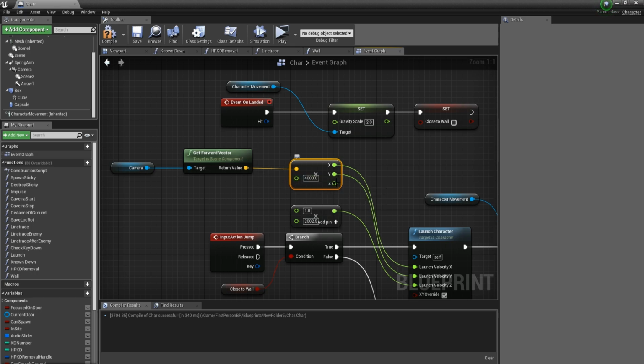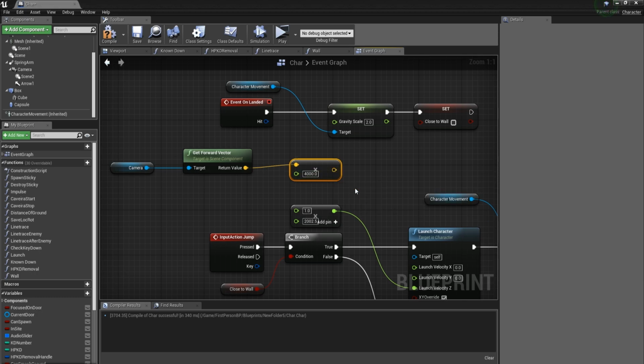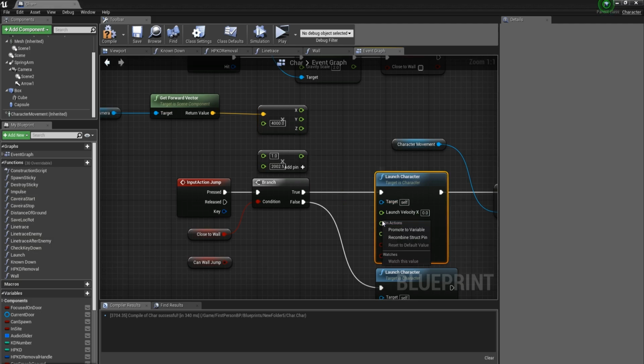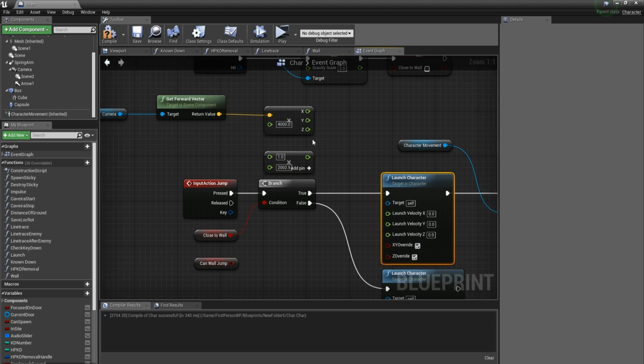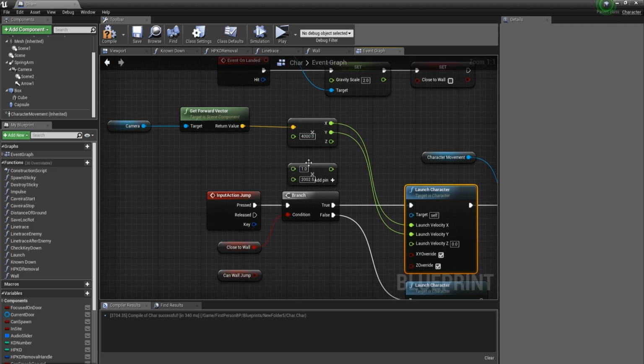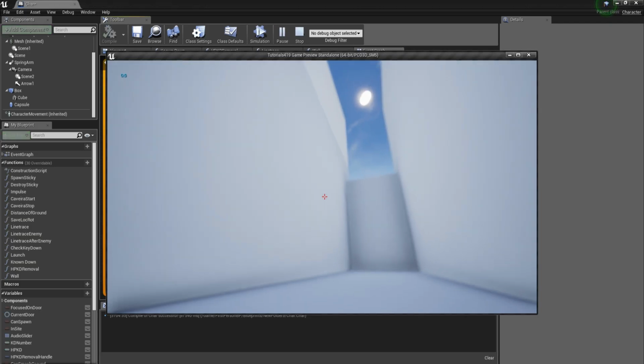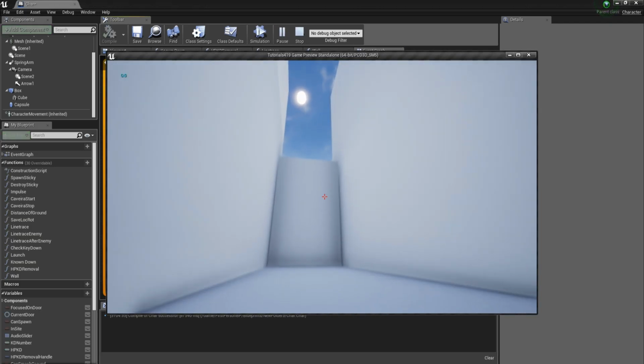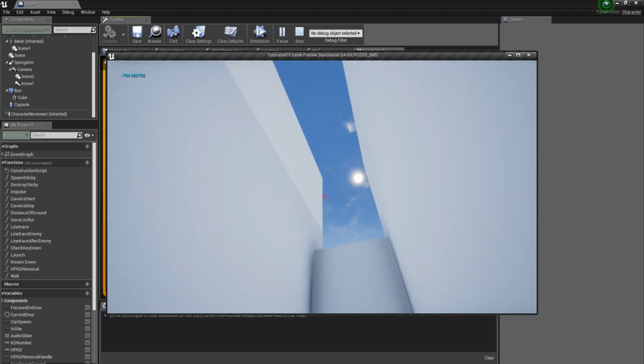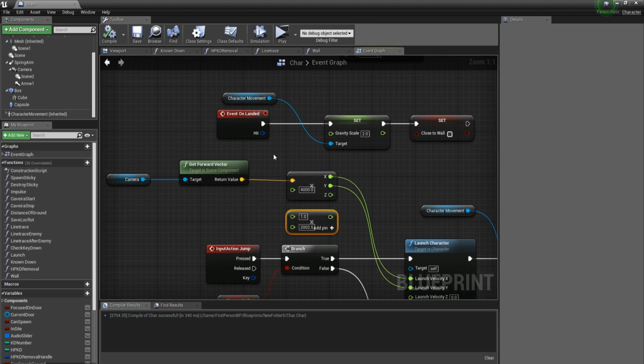Alright, so for me 4000 as I said, and here by default you're going to have just a vector return value. I split the struct pin as well with this one, a launch velocity vector return value, and so I just plug the x and the y. The reason why I did that is because I don't want to jump higher in the air if I'm going to look upwards. I just want the x and the y value for this,